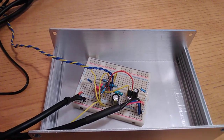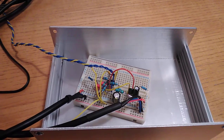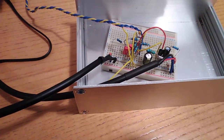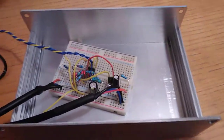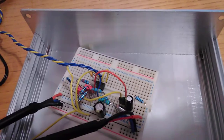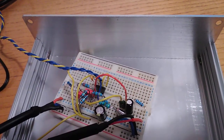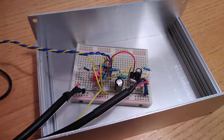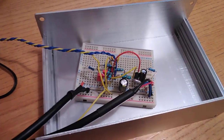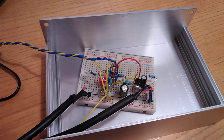It's very, very difficult to measure it below 70 in my setup in any case, just because you've got such a sensitive input here. So that's the subsonic filter, and of course, the amplifier IC itself. Now, this isn't an NE5532, this is a 2068 amplifier. And people have found that this produces quite a lot of distortion at high frequencies if you're not very, very careful with the